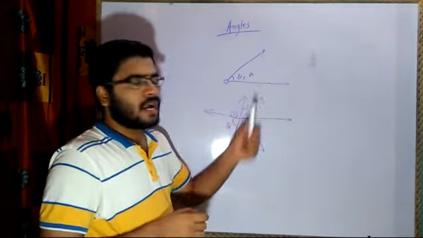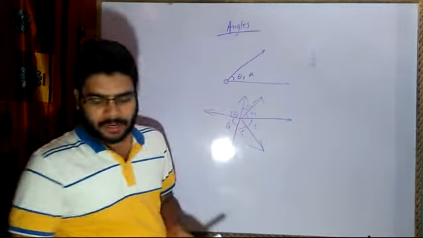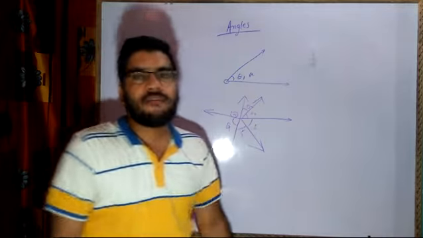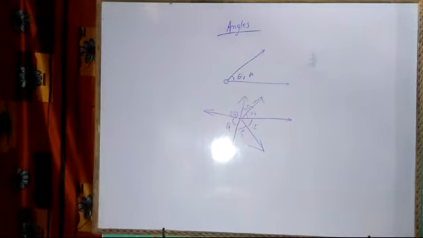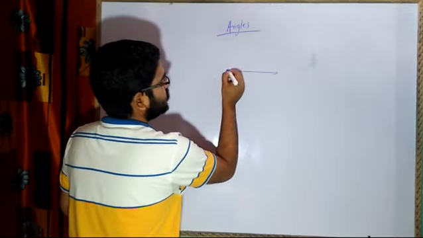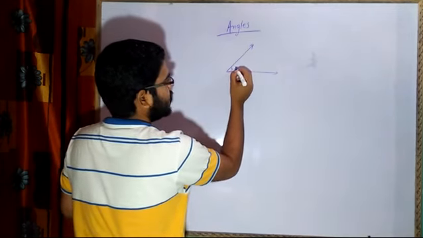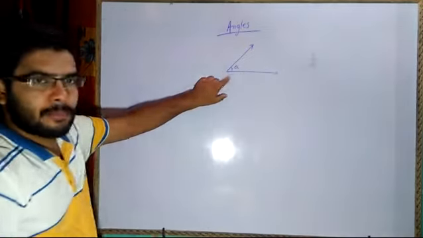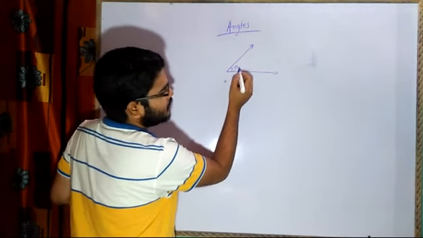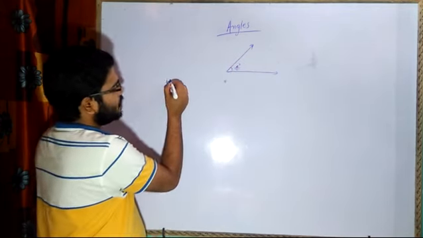I hope all of you understood that when a ray is fixed and another ray has the same fixed point, then the region they form between these two rays is said to form an angle. Now, based upon this condition that two rays have the same fixed point, we have different measurements and different types of angles. Let us say this is an angle A. The unit for measuring this angle is the degree. Like if I say the angle has A degree.